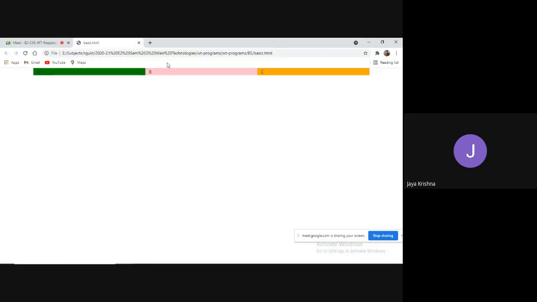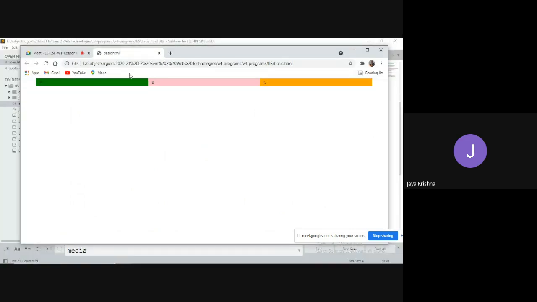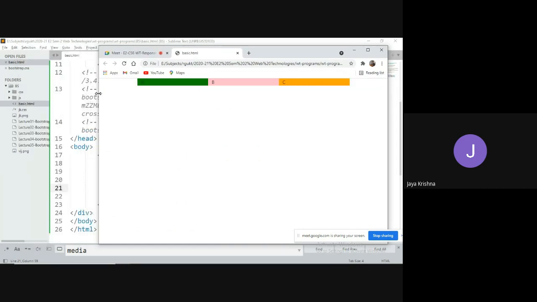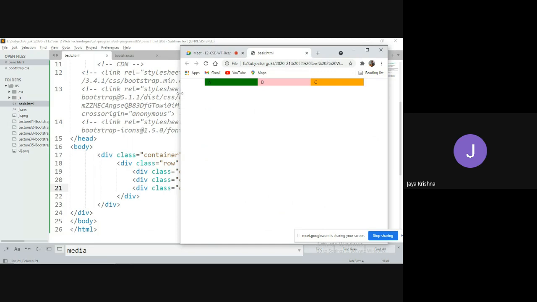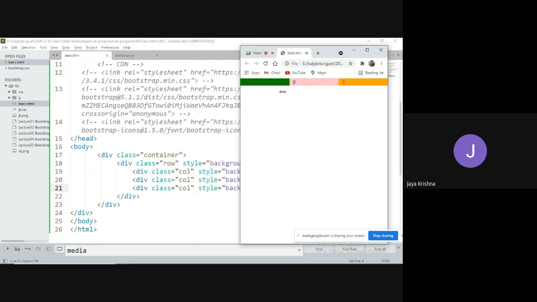So how do you get the output? Yes, you have split it into three parts. Now, if I minimize, so guys, it is a kind of large screen, right? If I minimize, obviously at some point it has converted into a medium device. After some point, it has converted into a small scale device. After some point, it is going to have a fixed scale.